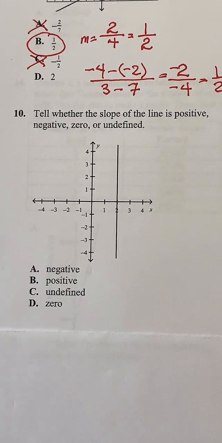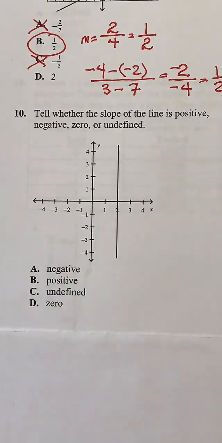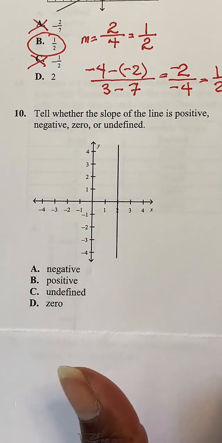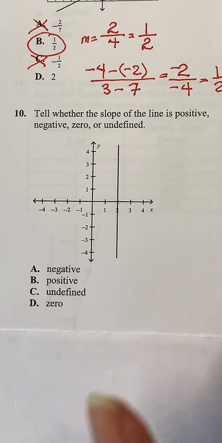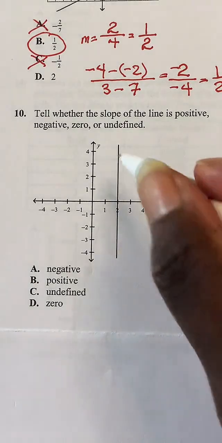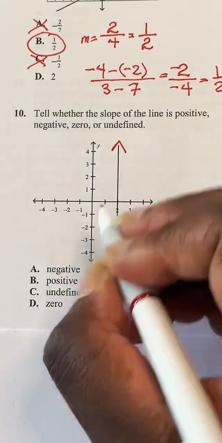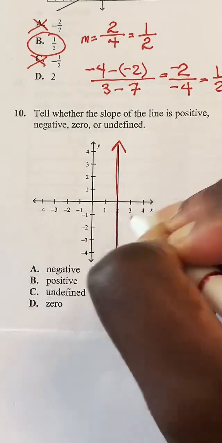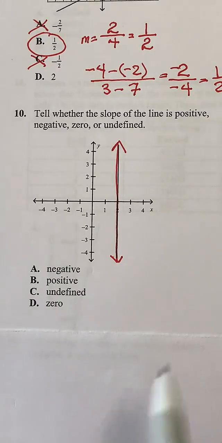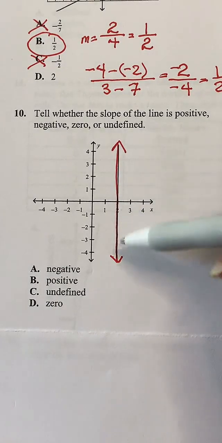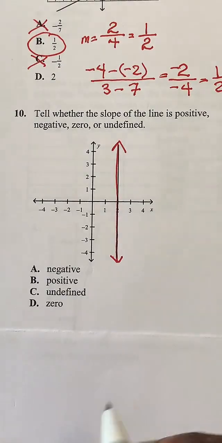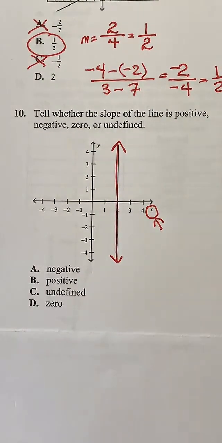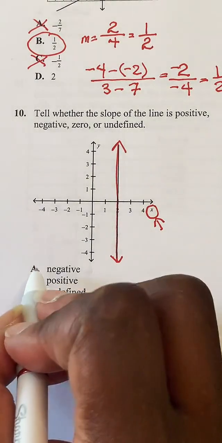All right. So let's break this down. So at least we know that A and B is out. Majority of you guys are giving me C's and a couple of D's here and there. So let's clarify. The line that we're talking about is this one right here. I will try to draw it as straight as I possibly can. Now, when it is vertical like this, it's only going through the x-axis. Okay? And if we recall,